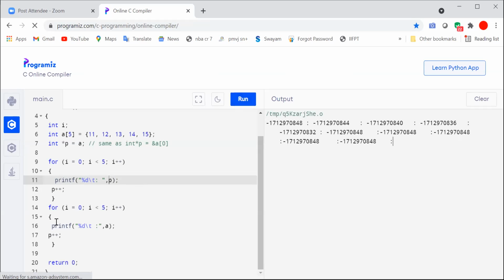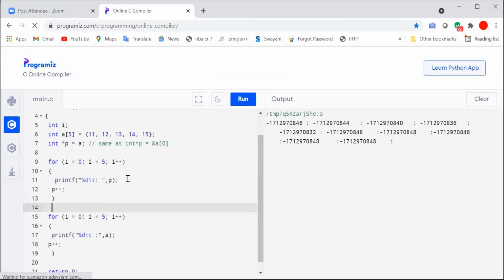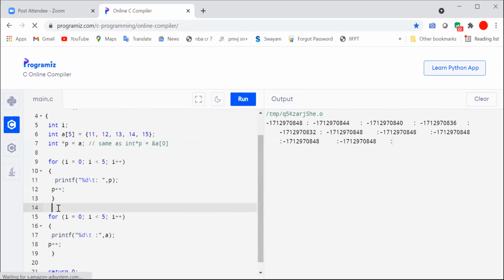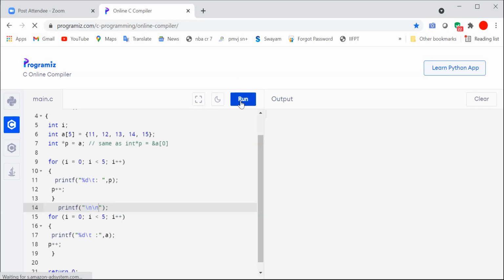Both will be the same value. Now in between these two, it will show some space.